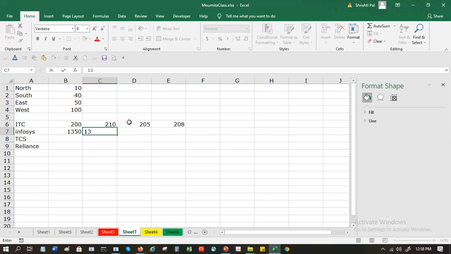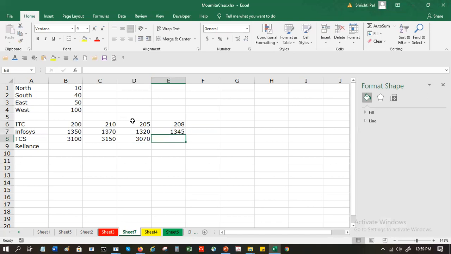This is the day's opening price, high price, low price, ending price. Okay, something like this. So I have four sets of data.